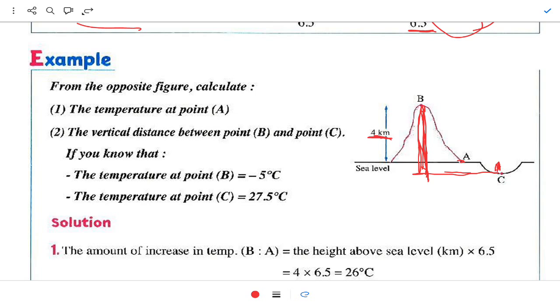The vertical distance between point P and point C, if you know that the temperature at point B equals minus 5, so here is minus 5, and C is